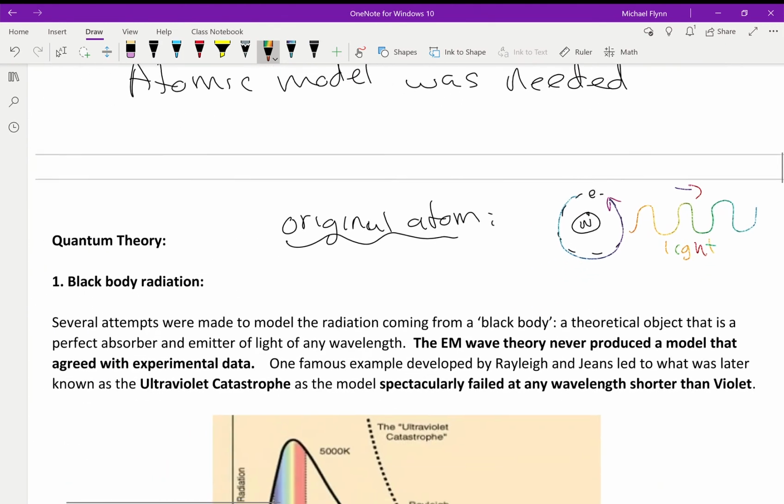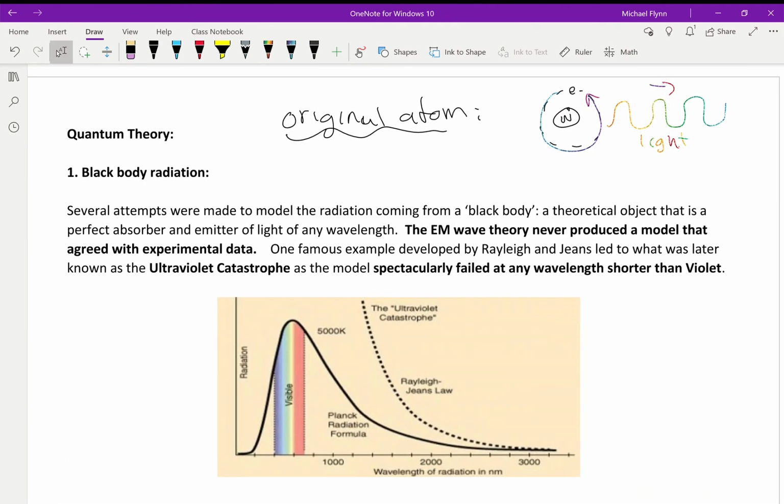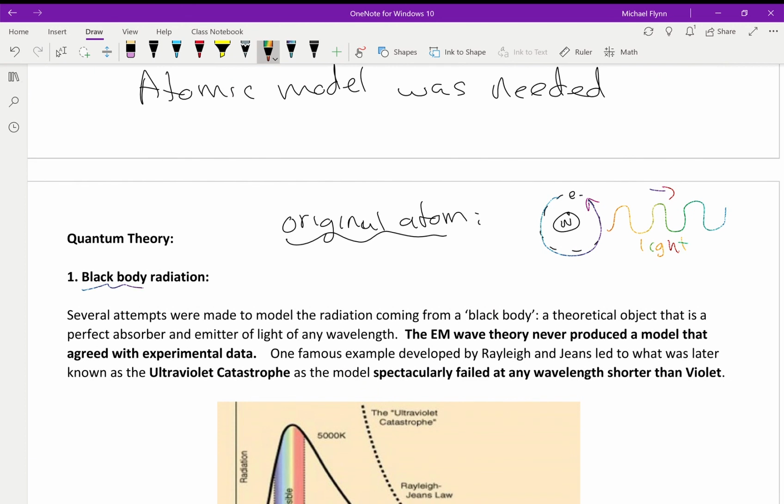Okay, so look, blackbody radiation. Blackbody radiation is the way atoms emit light. So I'm going to try to explain to you what a blackbody is. A blackbody is an object. Did I define it here? I don't think I did. So a blackbody, a BB,